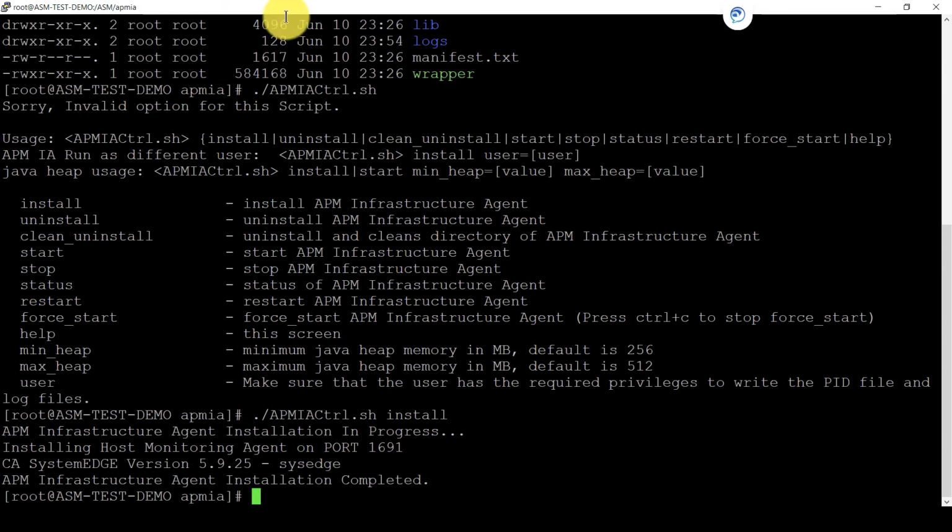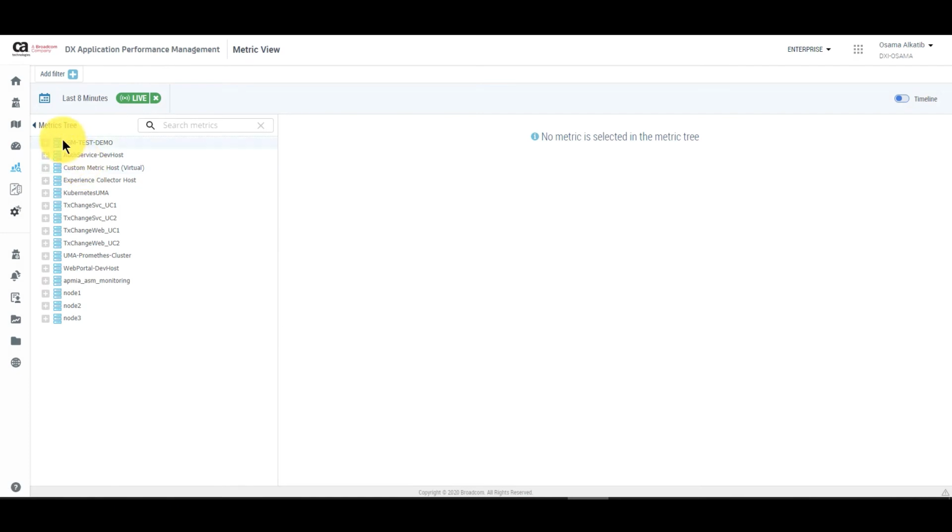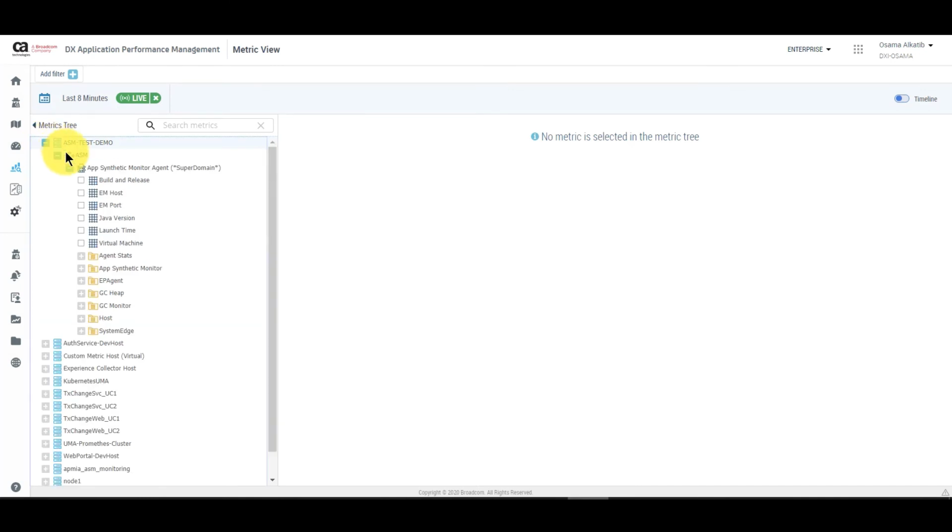Once it's installed, we can go into our APM metric view to see this particular agent reporting all the metrics. So now I'm simply going to my APM view under metric view, and I could see that it's already populated in here, our ASM test demo. That's the name of the box that this agent is deployed on. So go ahead and expand that. We could see that the ASM bundle has been integrated as well. So I can go ahead and expand that